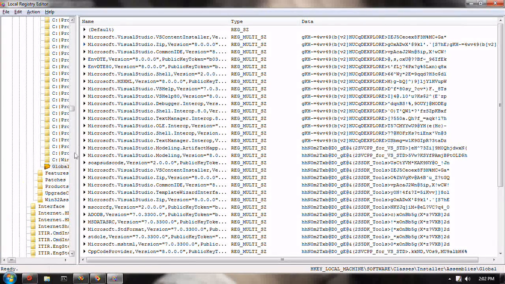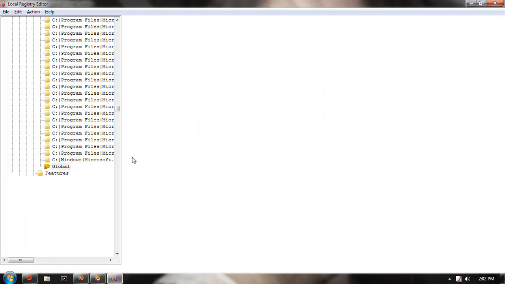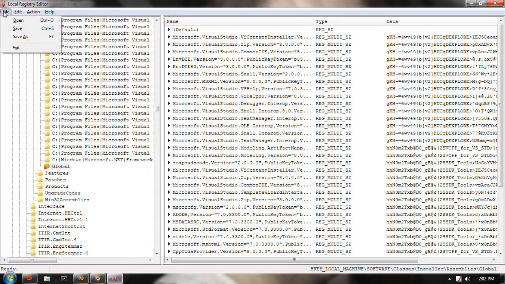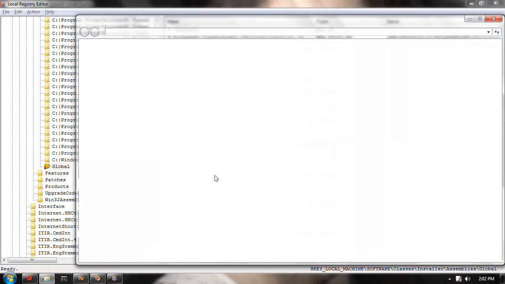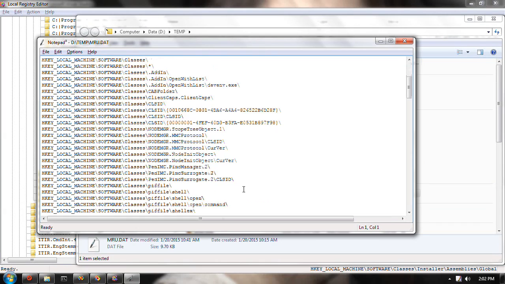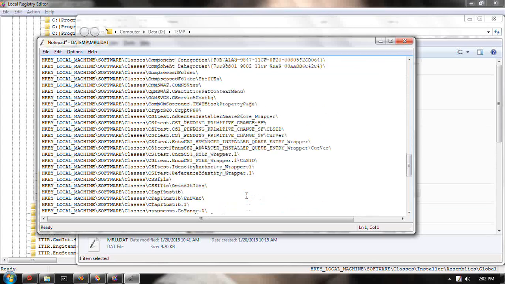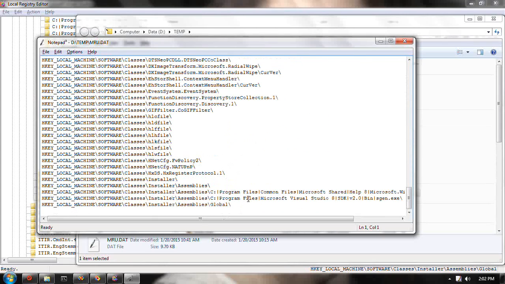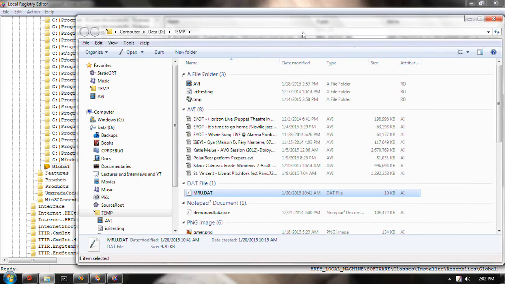I'm also maintaining a most recently used list, but I'm not putting it in here yet. But it's being stored into a file because here it is. Well, it's a registry thing, so I don't want to store it in a registry. It's going to mess up my registry. What I want to do